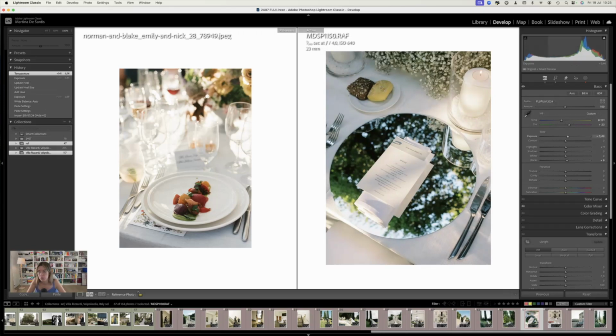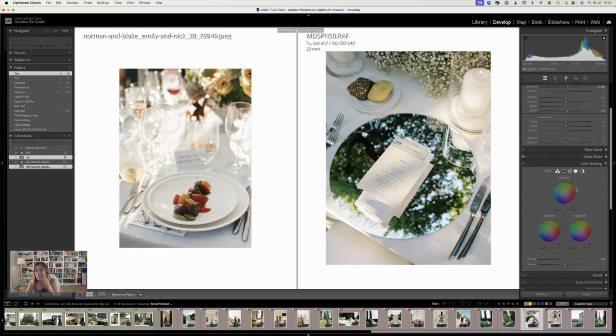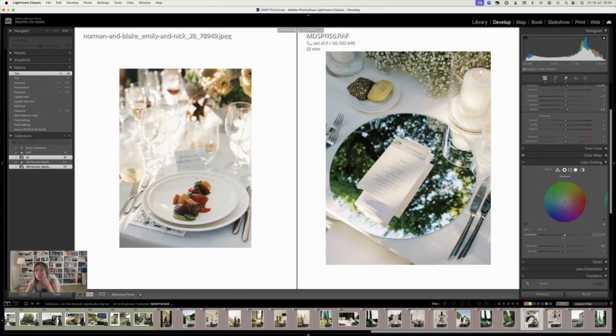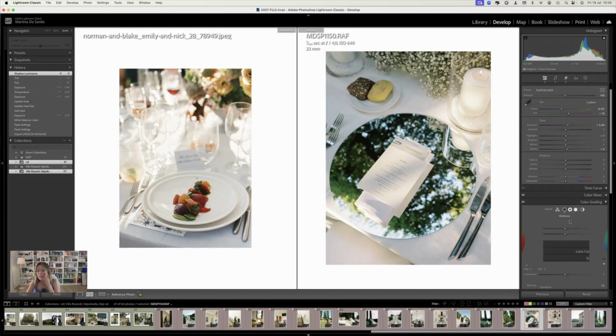Warming up the image just a tiny bit. I'm in love with it. Removing just a tad of magenta because it's probably too much for my taste. I love how we also have these cooler tones here, as we have in the film there. I'm probably going to do that, and